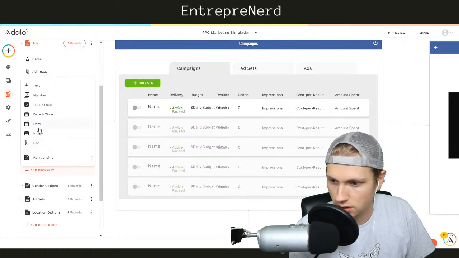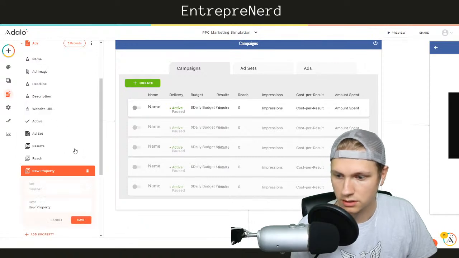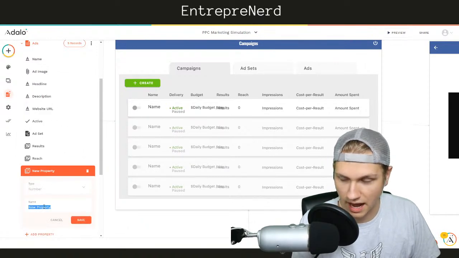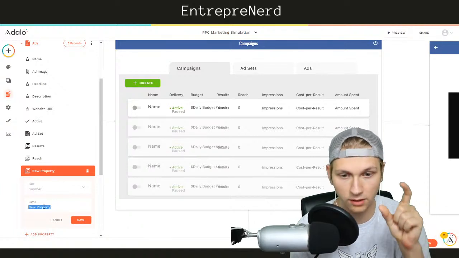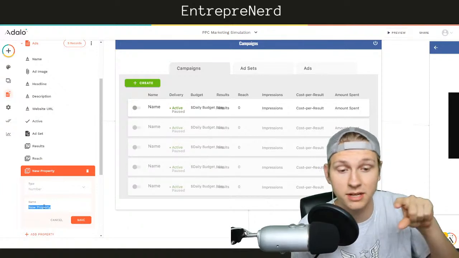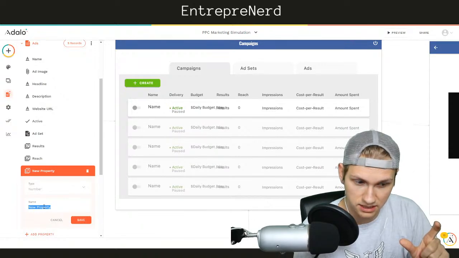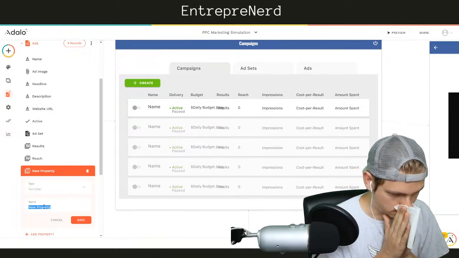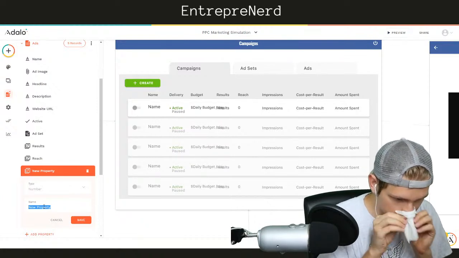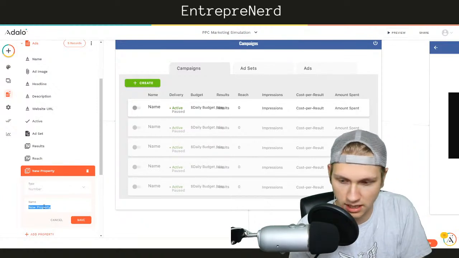Great. Then they're going to have another number. It's going to be impressions. And the ads are going to have these. And then the ad sets are going to be a sum of all of the ads. And the campaigns are going to be a sum of all the ad sets. Interesting. Very interesting. Okay, yeah. I think I can do that, no problem.